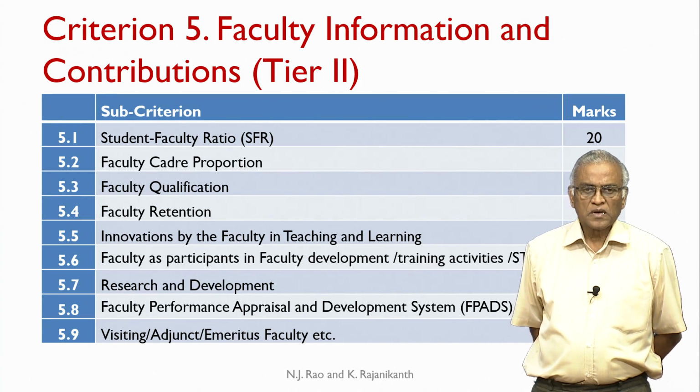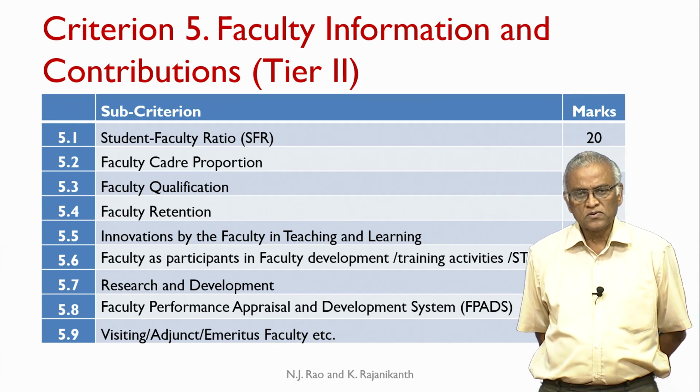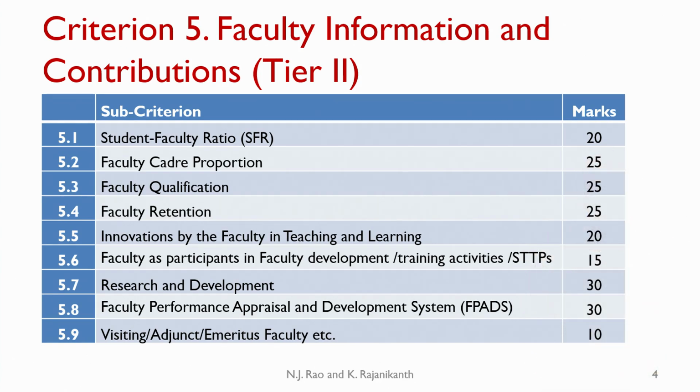Now, there are a very large number of sub-criteria of Criterion 5, and these slightly differ from Tier 2 to Tier 1. So, let us take a look at the sub-criteria related to Tier 2 institutions. Here you have 9 of them. These include student faculty ratio 20 marks, faculty cadre proportion 25 marks, and faculty qualifications 25 marks, faculty retention 25 marks,